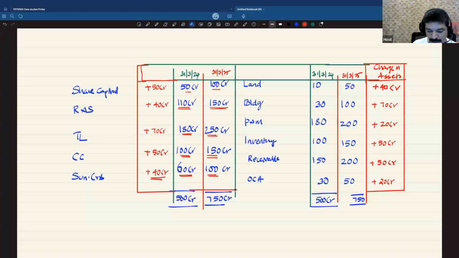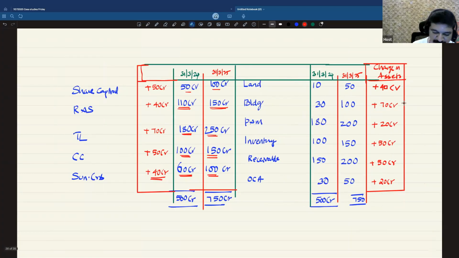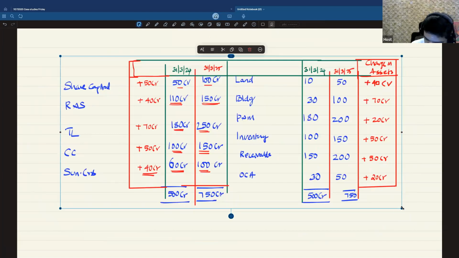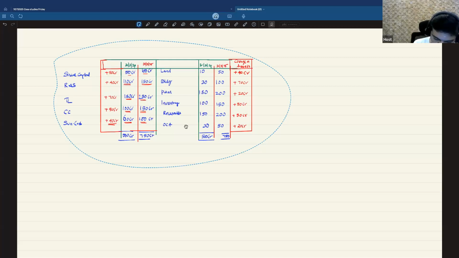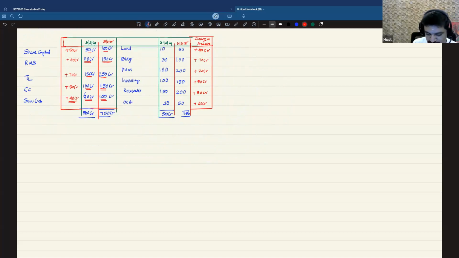Now, let me keep this 2 years information aside. I'll do one thing. I'll copy this page, and let me just focus on the changes that have happened. Okay. So for that purpose, allow me to do this. Yeah, let me just resize it. Let this be here. Now let us just focus on the changes that happened.